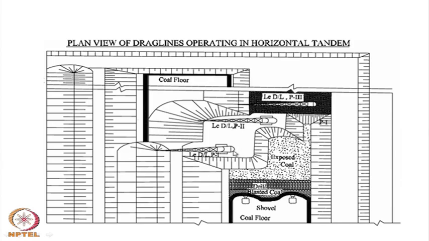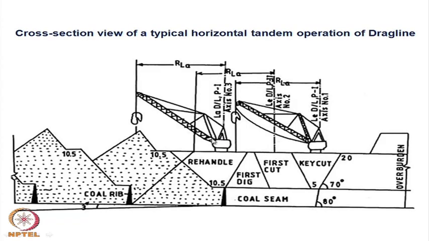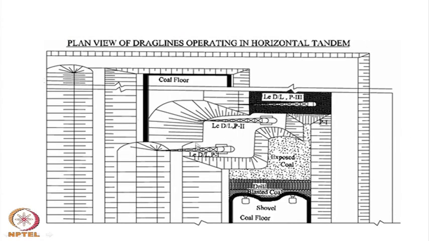So, the second dragline is placed on this rehandle material, this material which is to be rehandled. That means, while giving the key cut and while doing your first cut, this material is coming over here just like a spoil bank, and that second dragline is positioned on this loose material and it starts cutting from here, and then it will be excavating these portions, whatever is a part of the rehandled part,